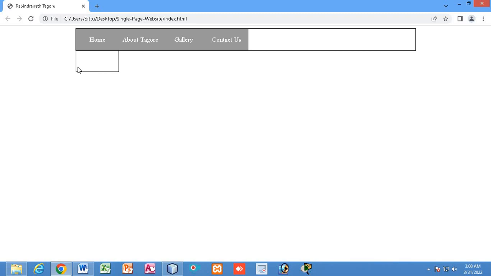And also I have to give instruction to this div, that this div by default has the property of inline block element. So this div is an inline block element. So what does the inline block element do? Inline block element will never allow any other object to share its position, right? So as this is an inline block element, I have to give instruction to this div also, that you should allow other div to share its position, and also you need to share the position along with the unordered list in the same header.